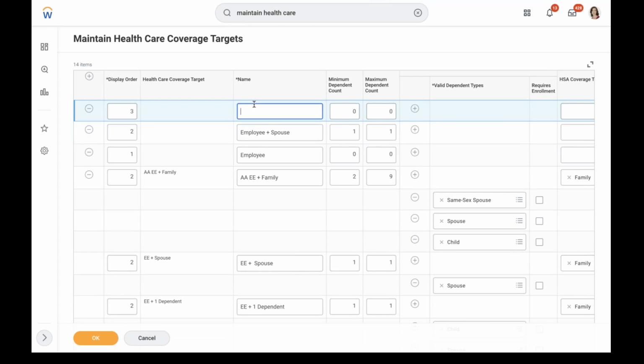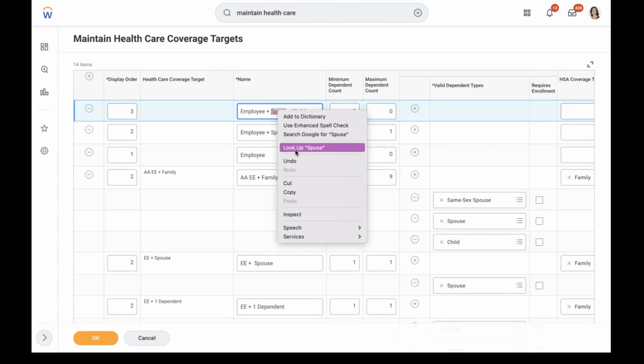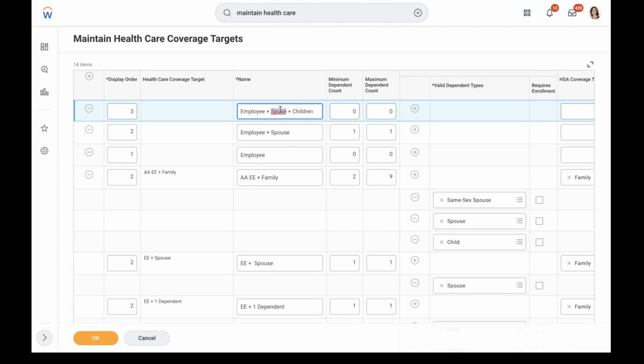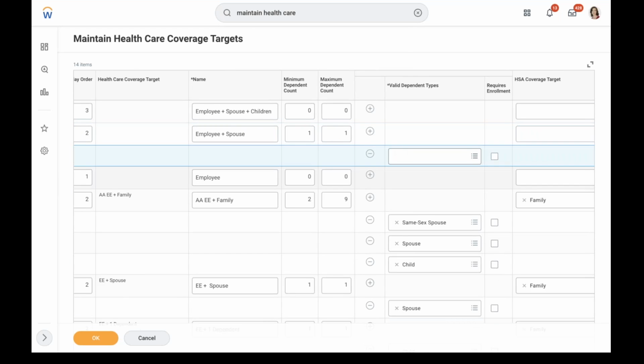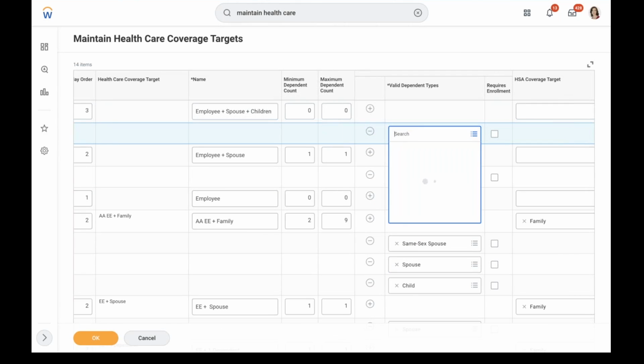Third, employee plus spouse plus children. In this scenario, of course, here you have to assign dependent is spouse, and here you have to map spouse,